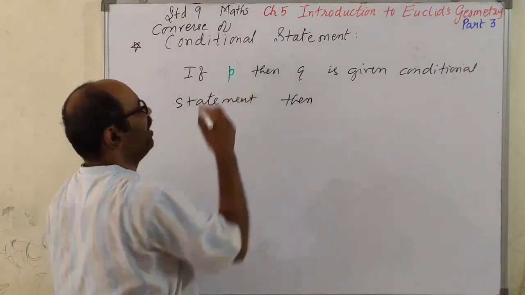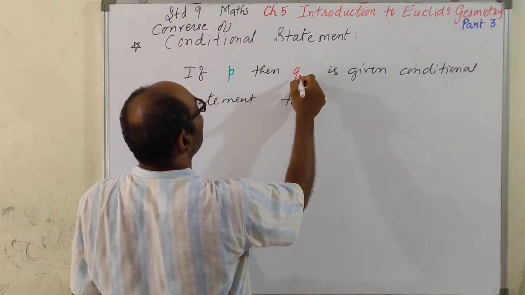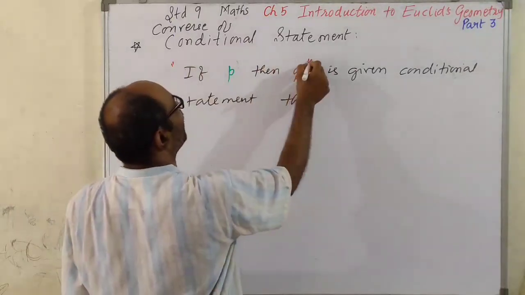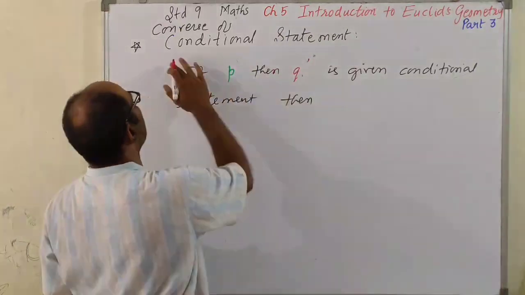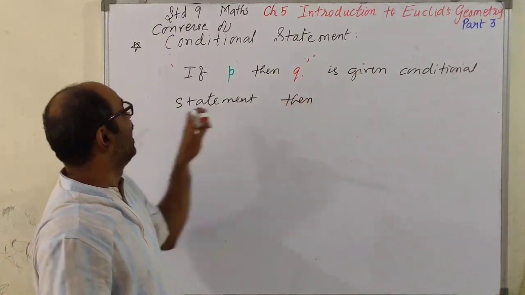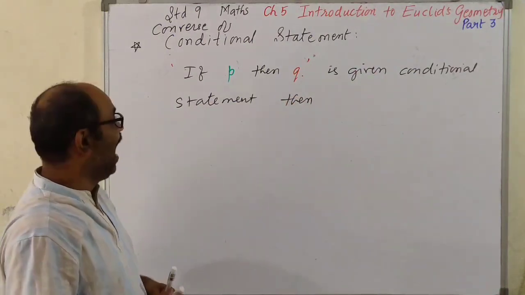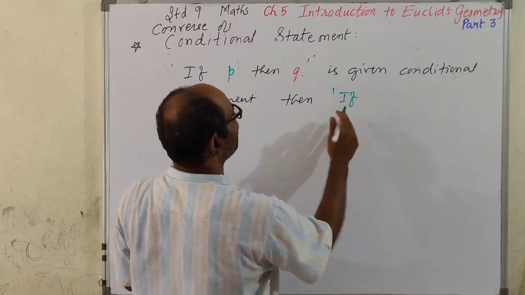Very easy. If P, then Q, full stop. Let me put in inverted commas. If P, then Q, single inverted comma is enough. If P, then Q is given conditional statement, then in single inverted comma,